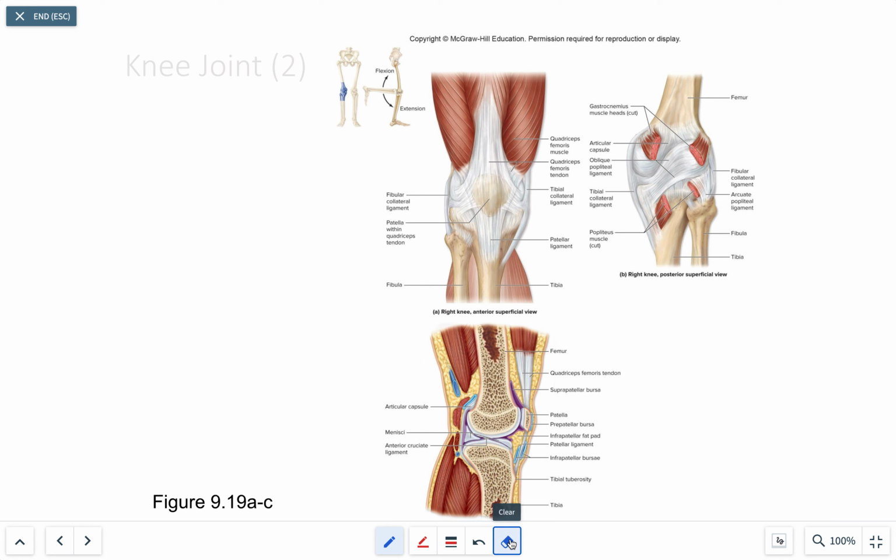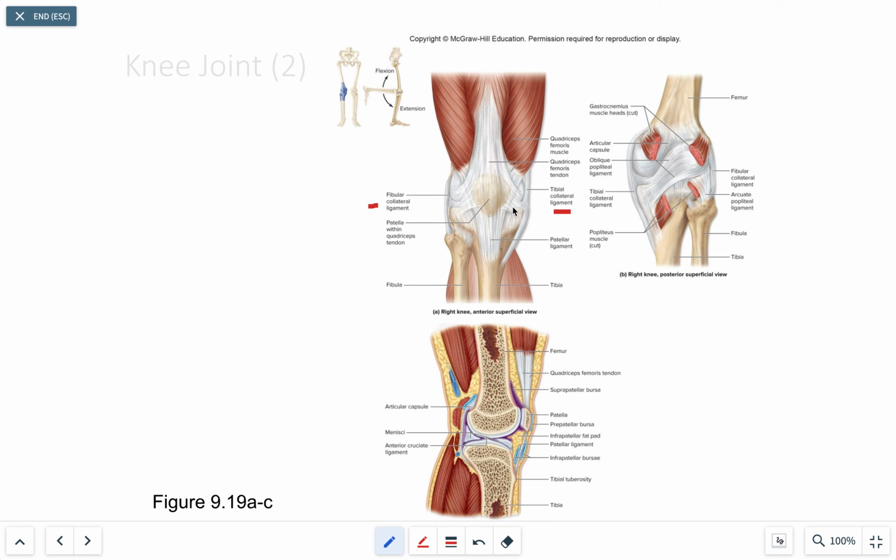We also have a series of tendons, the fibular collateral. With the fibular collateral, we're looking at an anterior superficial view of the right knee. This is going to attach from the femur to the fibular head on the lateral side. This is also called the lateral collateral ligament. On the medial side, which is the largest one, it's also called your medial collateral ligament. This tibial collateral ligament is a little bit thicker